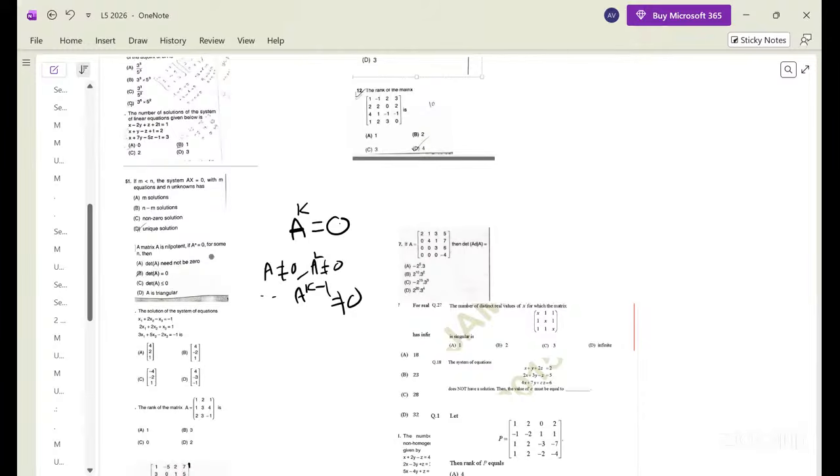After K, A power K plus 1, A power K plus 2, everything will be 0. That is the reason why you are given A power n is 0 for some n. So for K it is 0, K plus 1 is 0, K plus 2 is 0, and so on. But among them, the least is called the index. Then what happens to its determinant? Det A need not be 0? Det A is 0. A is triangular. So a very important point is that the determinant of a nilpotent matrix will always be 0. For a nilpotent matrix, we have two important